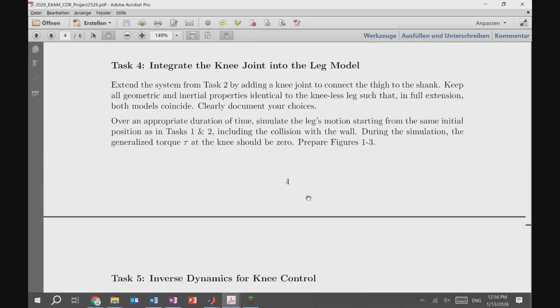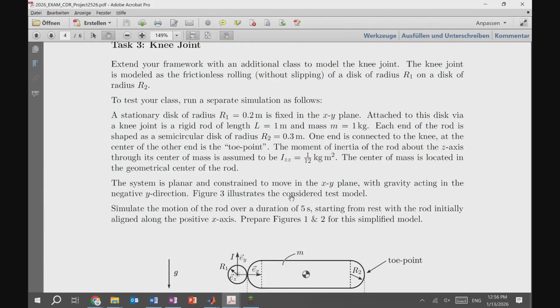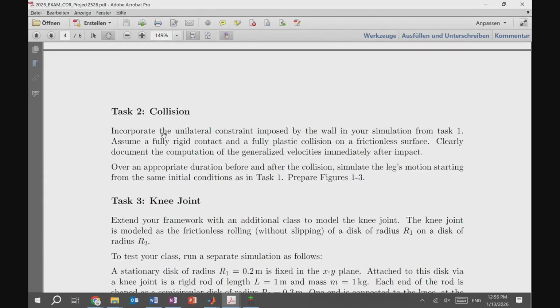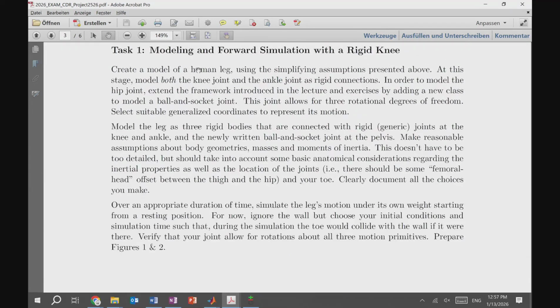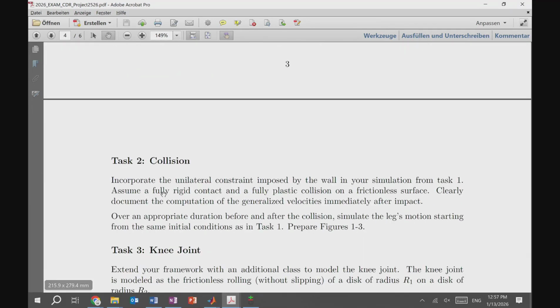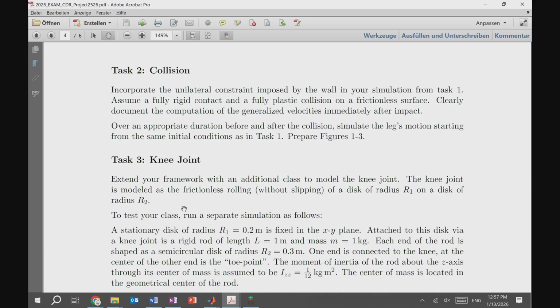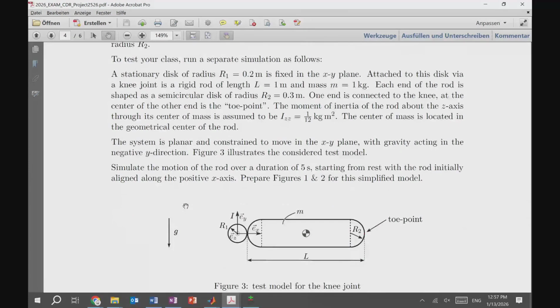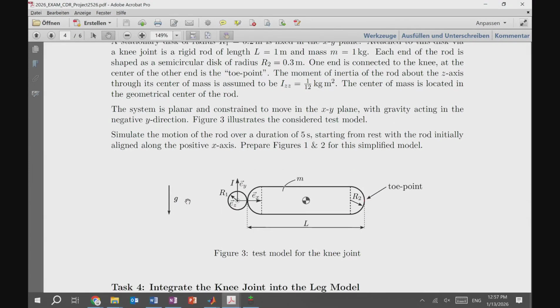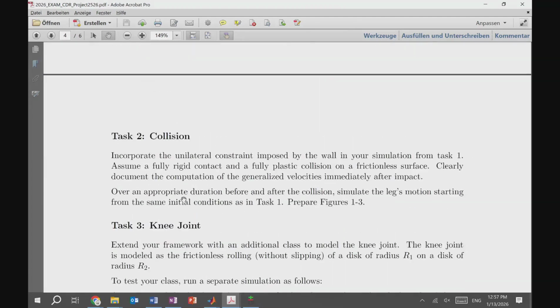You can do it in another order. So, right, we haven't done collisions yet, so you can skip task 2. I would always start with this, but you can skip task 2 and then do the knee joint first, or you can even start with task 3, then do 1, then do 4, then do 5, and at the very end do the collision. Doesn't matter to us, right? But in the end, you should prepare a